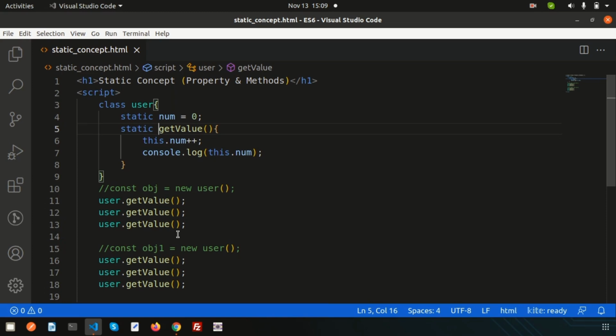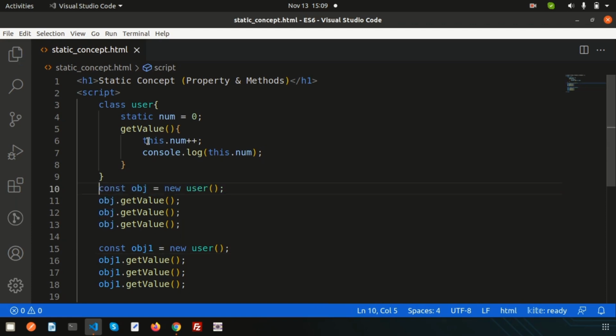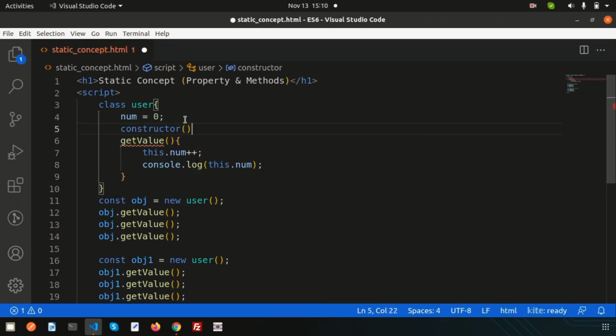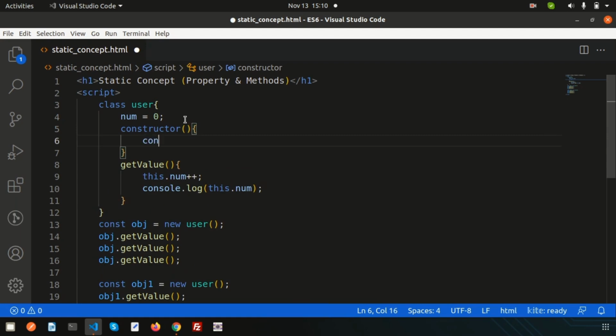Now another thing, suppose let's undo these things. Here I am declaring this as a normal method. For the previous example, suppose there is a constructor. So let's create a constructor and just log something. Write console.log, suppose "hi from constructor",